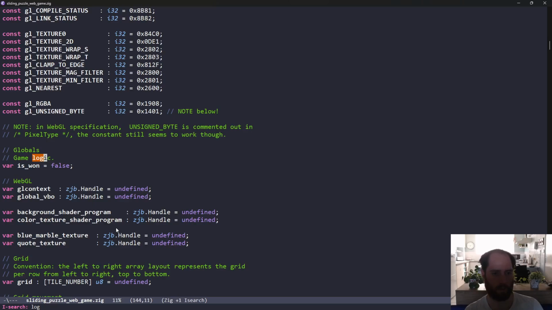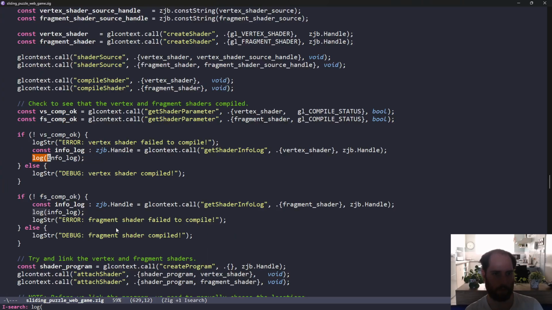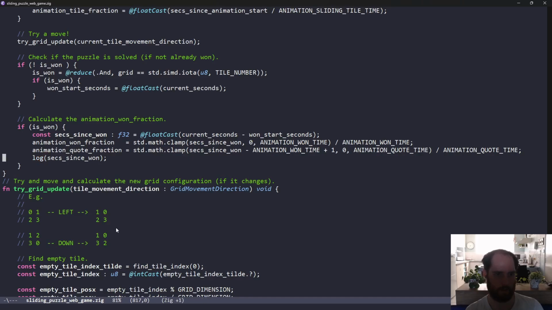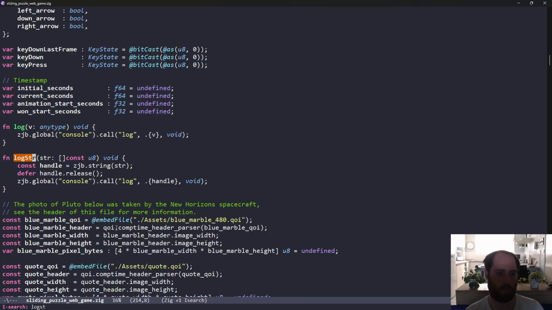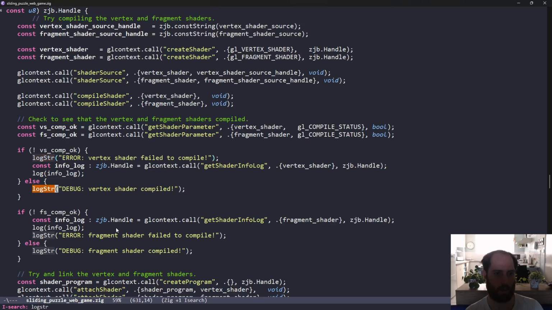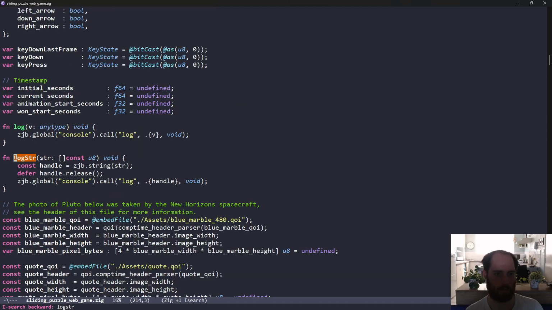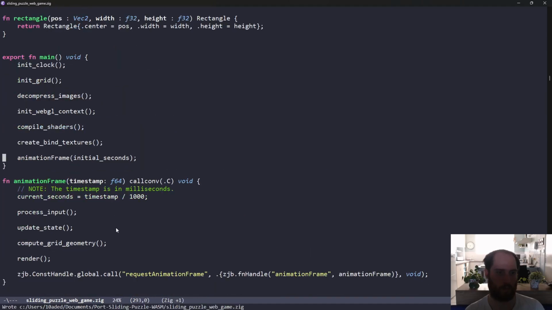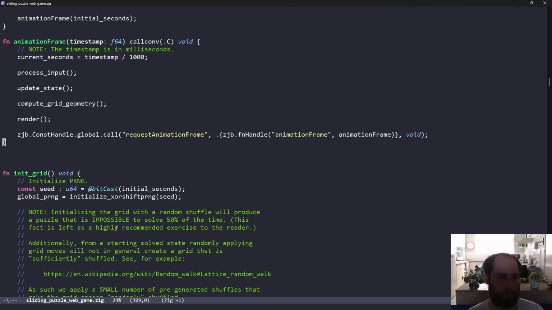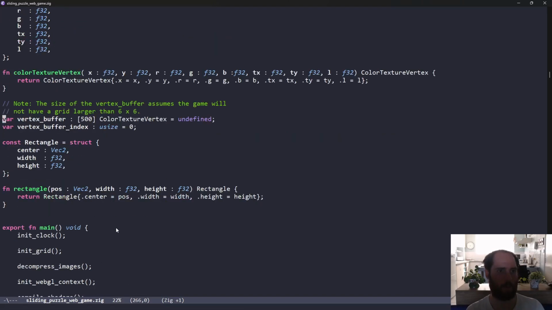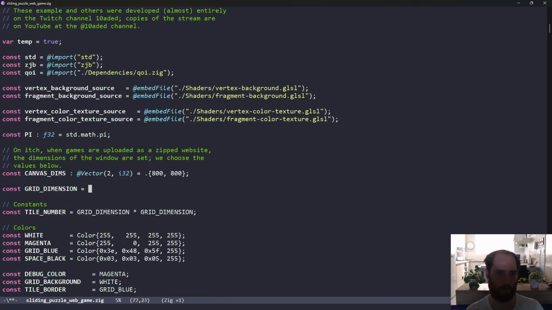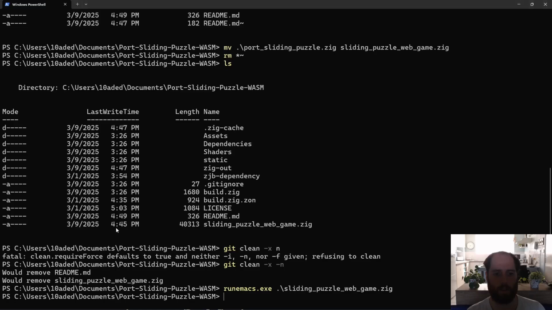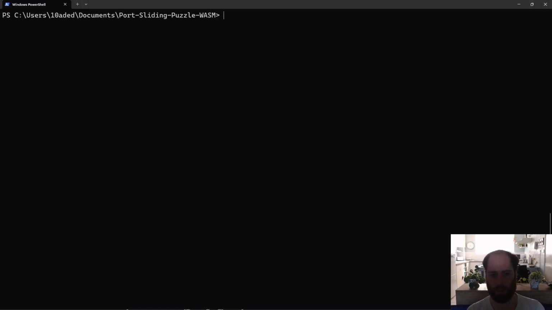So all of these logs we can basically get rid of now. We might keep some of those in. And yeah, this log string comment we can get rid of as well. And the dimension we want to change back to 3. Okay, so